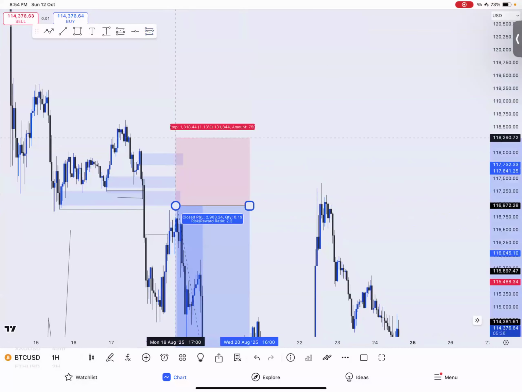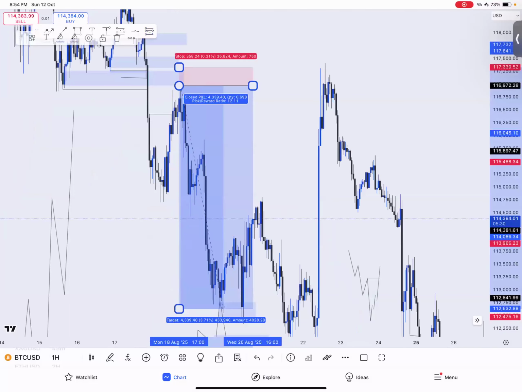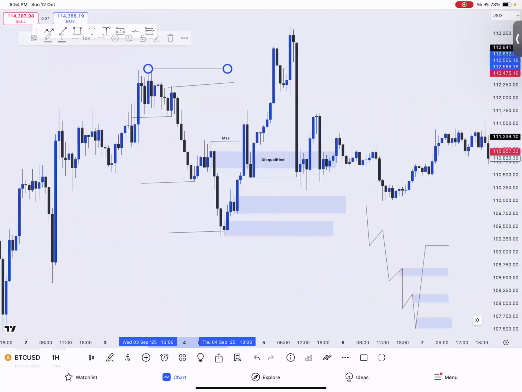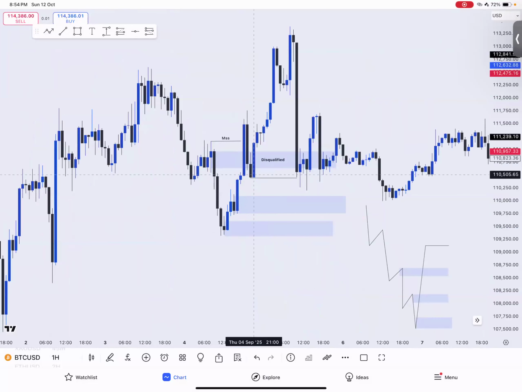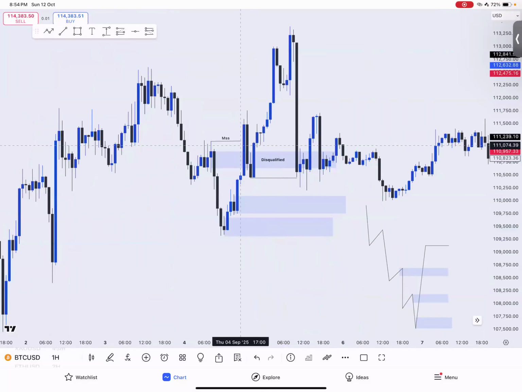To the next one. After price gave us our market structure shifts, we got the first rule in picking the point of interest. It came back and gave us, after that, we marked our possible points of interest, the breaker block here. After that, price gave us the second rule in picking a point of interest by giving us our inducement. Second rule. Third rule, check the unmitigated